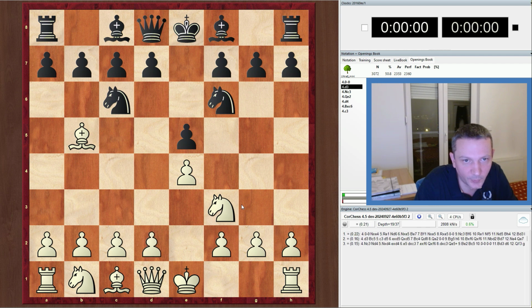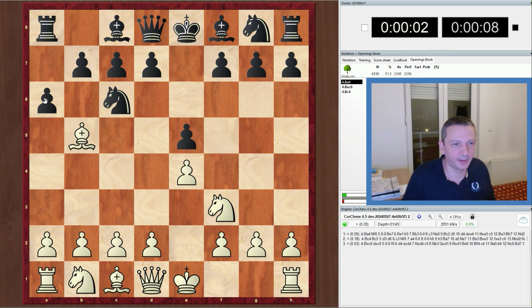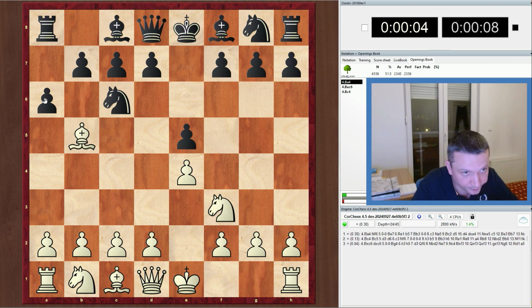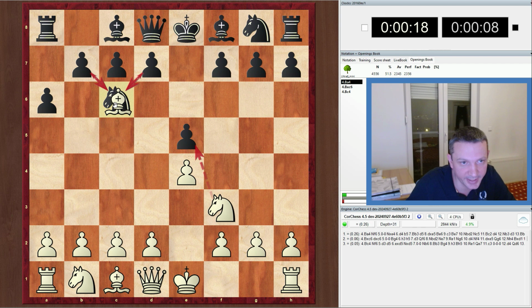And we will see what happens if on move number 3 black plays a6, immediately challenging our bishop on b5, the so-called Morphy defense. And although it is possible to again take the pawn on c6 and exchange bishop for the knight,